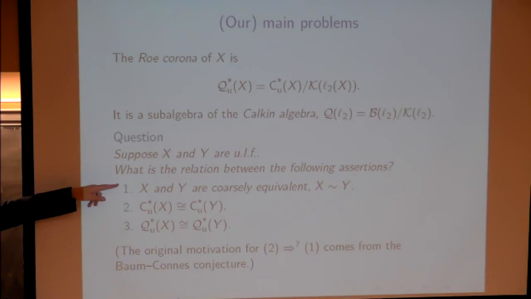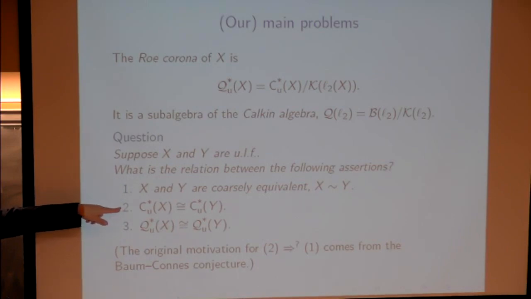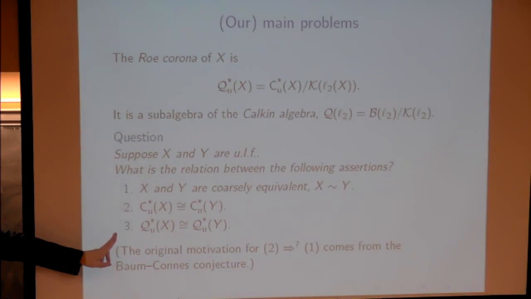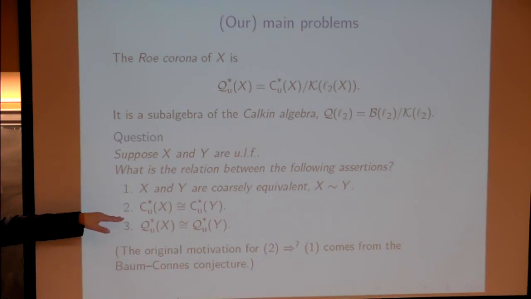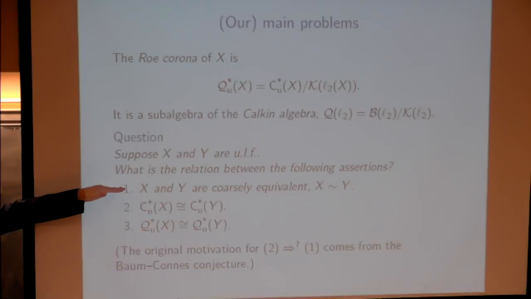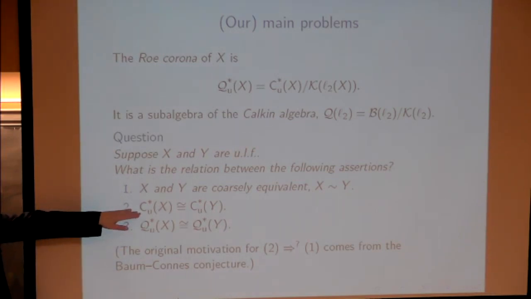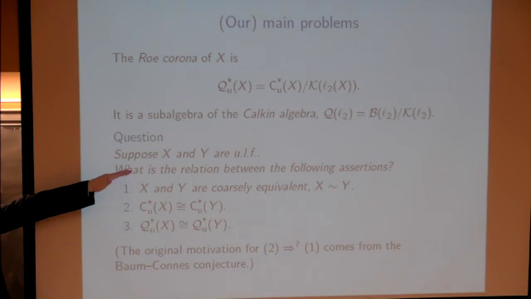Now, if you assume 1, it actually doesn't imply 2 or 3. It really implies Morita equivalence of these algebras. But it's close enough to isomorphism so that I'm not going to worry about that. Really, the interesting implications are going up. So if the C-star algebras are equivalent, how similar are the spaces? And the original motivation for that question in particular comes from the Baum-Connes conjecture, which is something that I cannot say that I understand very well, but basically the question is, does the K theory of this algebra reconstruct the K theory of X?